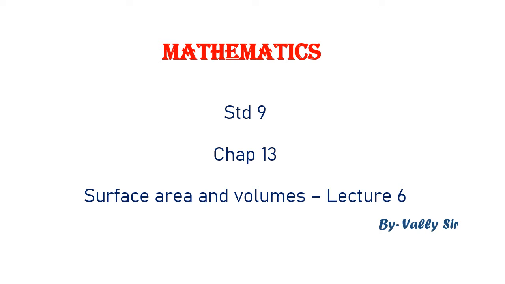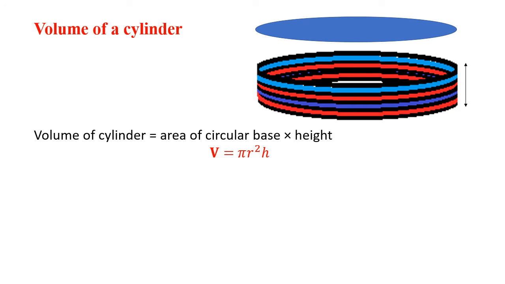And we even saw in the last lecture the volume of a cylinder, and I told you how the formula was derived. Any circular base will have area pi r square, and when they are put one on the top of the other, it makes a cylinder whose, let us say, height is h. Then the volume of the cylinder is area of circular base into height, so pi r square into h, that is pi r square h. This is the volume of the cylinder, and we even did two sums in the last lecture.